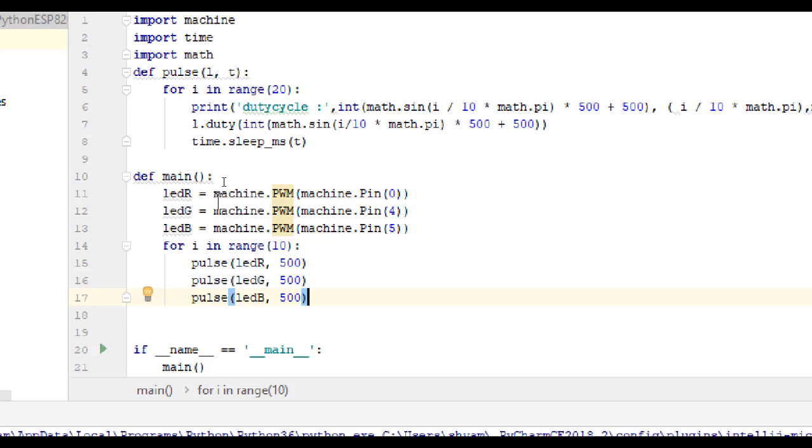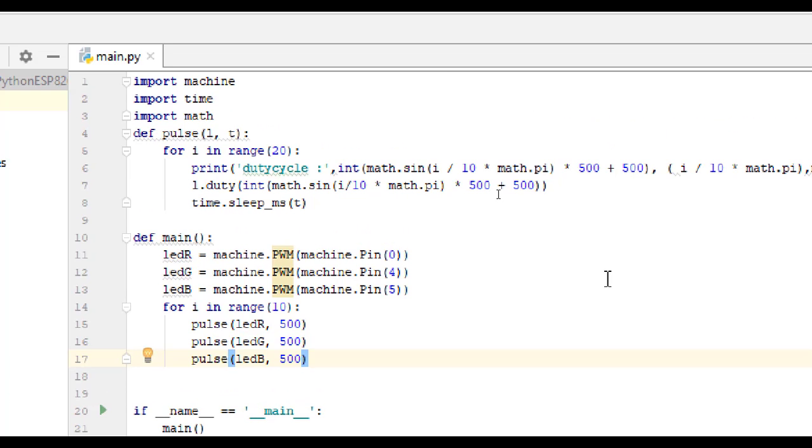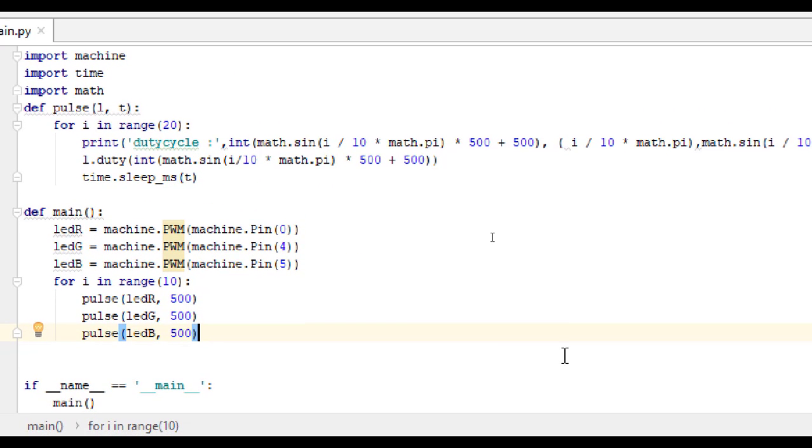Now if you try to change the green LED intensity after the red LED is high, you will see different colors coming. That means a mixture of R and G with G varying its intensity. Then after R and G are high, B will be changing its intensity. And you can see a mixture of colors coming. We shall do this simple exercise. Only thing what I have done is I've created 3 LEDs and I'm using the pulse function one after the other. This loop will continue for up to 10 times and you will observe multiple kinds of colors coming.